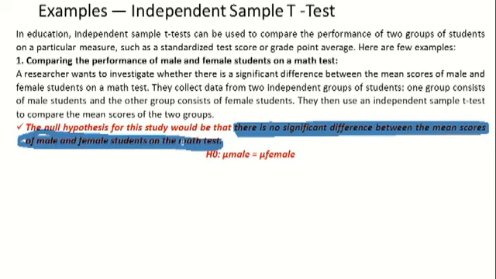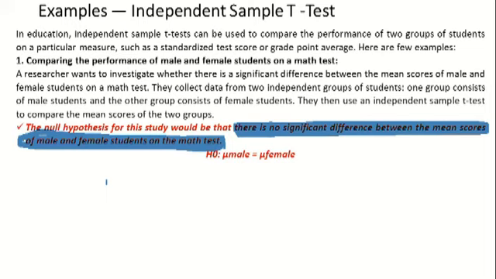The one I've said, that there is no significant difference. The word is difference. There is no significant difference between the mean scores of the male and female students on the math test. Now, this kind of null hypothesis is called a two-tailed